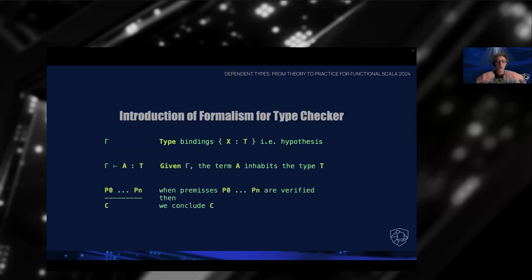And then after, a rule is just a set of premises and a conclusion. Premises are triplets, and the conclusion is also a triplet, okay? This rule can be read like this: when premises from P0 to Pn are verified, then we can conclude C, okay? So based on this basic formalism, which has been introduced, of course, we can read